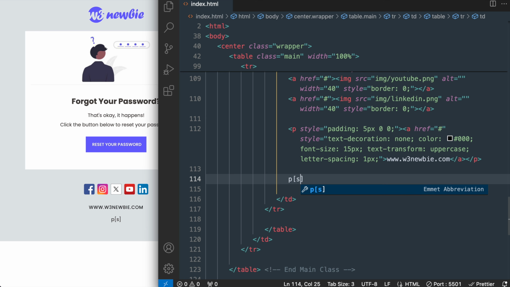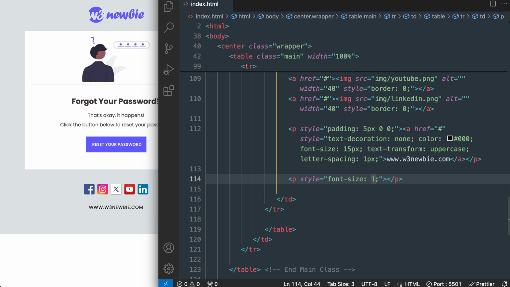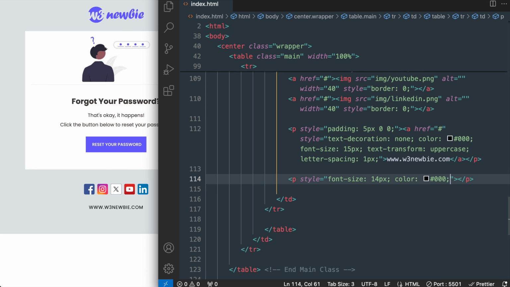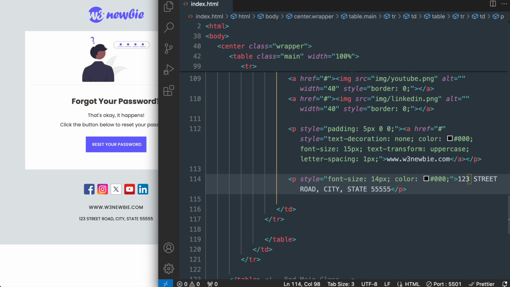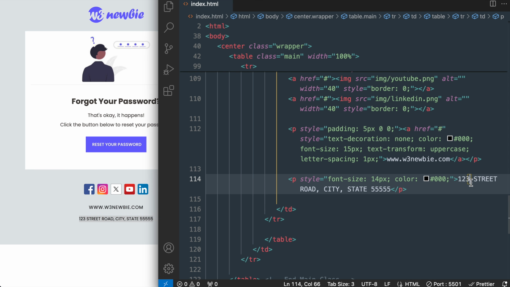So we'll add a new paragraph tag, and I'm going to give this a font size of 14 pixels to make it slightly smaller than the website address. We'll give it the black color once again with all zeros for the hex value. And I'm going to show you a trick here. So some email clients try to turn street addresses into links. So in an email client, it might be underlined or even have a link color when we don't want it to have one. So if we add ampersand hashtag